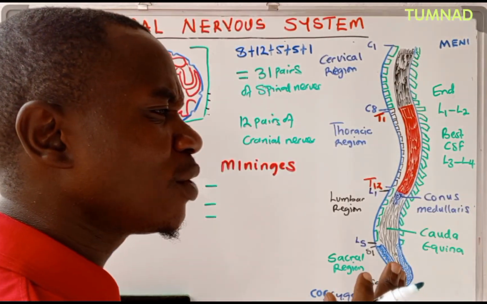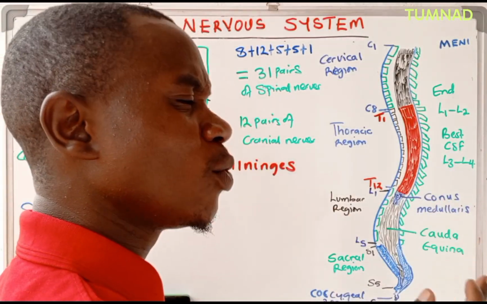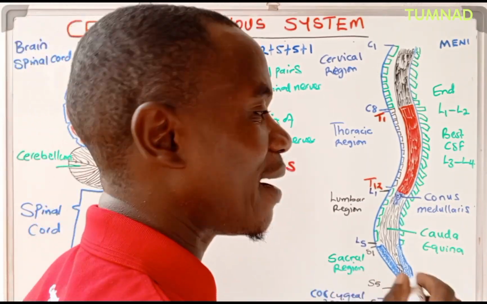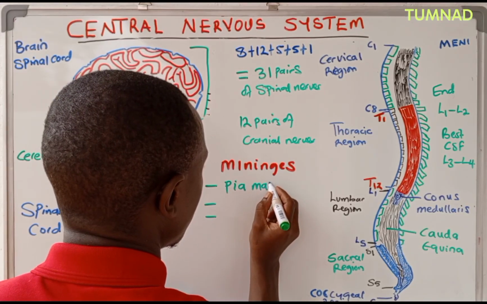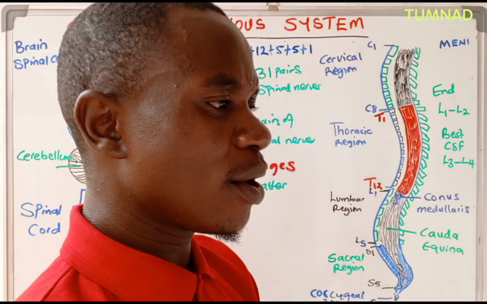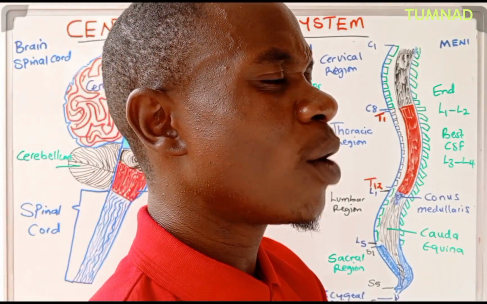The first one, which is going to be in contact with the spinal cord, the deepest, is what we call the pia mater. Okay, so now coming off from the pia mater, we still have another second layer which is called